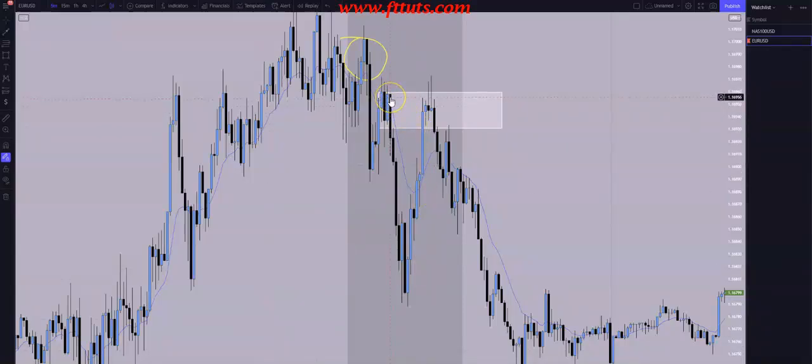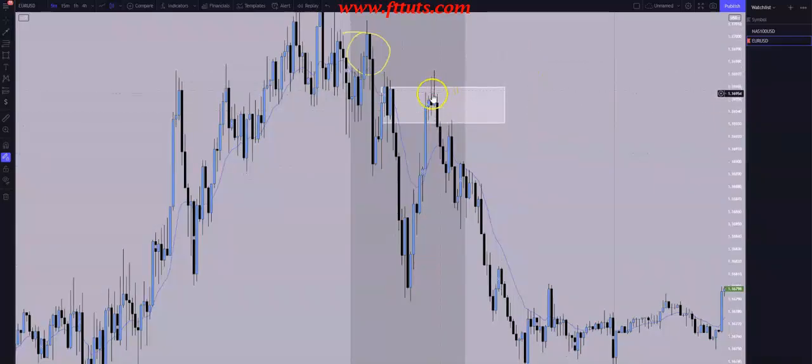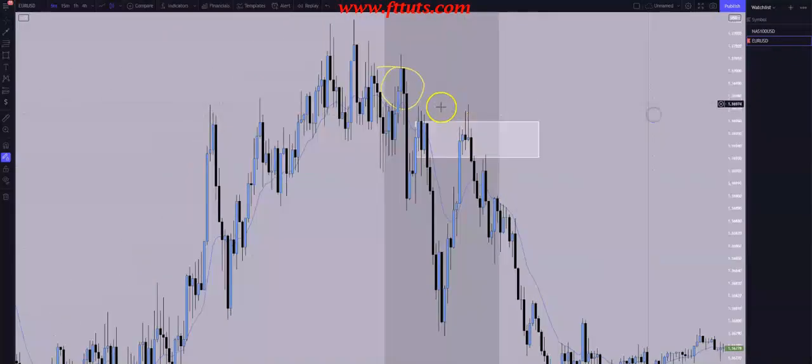The move started from right here. Aggressive selling. Came back to that area. What did it do? Get more investors, more sellers back in to drop it again. Okay. Then we had another